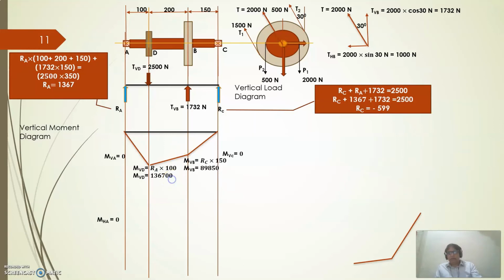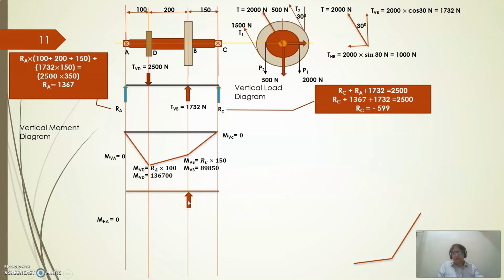So after this, we will go for the horizontal load diagram. So the horizontal load, which is there, it is here. Don't get confused that this is also acting in the upward direction. It is not like that. This is a horizontal load diagram. This is different from the vertical load. Horizontal is acting in this direction, whereas vertical is acting in this direction. So that is nothing but this one.